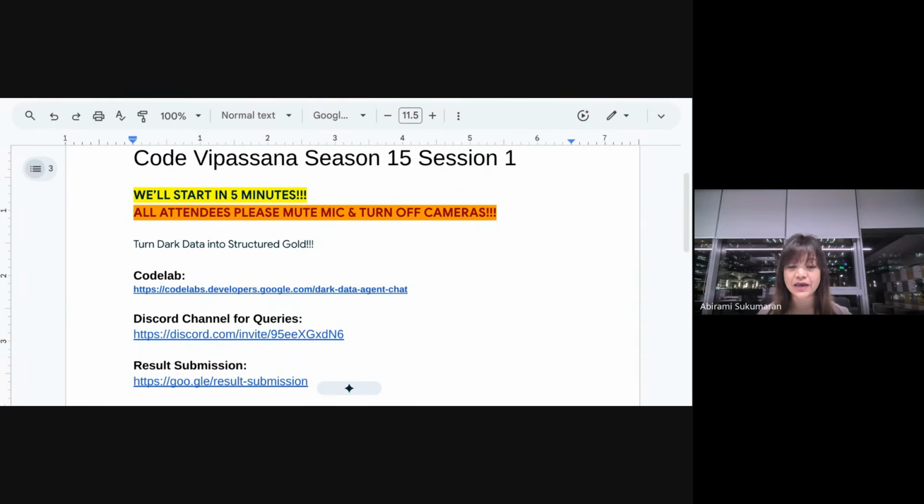Let's say the top 25 folks that come in those lists, the leaderboard, probably make it to events like IO Connect. That's going to happen in Bangalore. Of course, you will have to be in the city where these events are happening, but we can get you into opportunities like that.